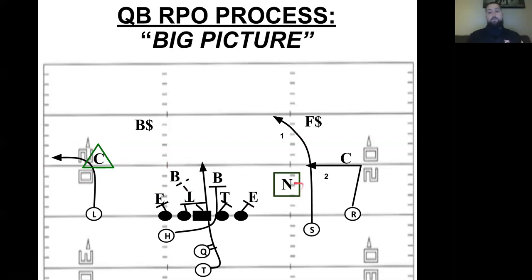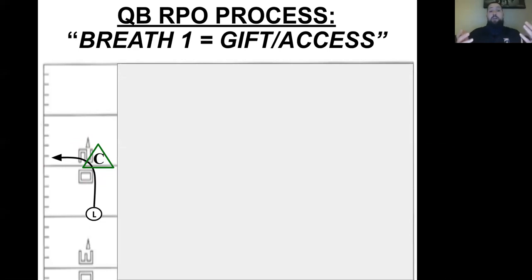Here's our run frame. Here's our read, right? This is a lot to look at. So we take the big picture and we break it down with the process. Okay. Breath one. This corner is off. He's above 6 yards, and he's inside leverage. I think my guy can win. Nothing else matters. After breath one, I got access, ready, set, hut. Snap the ball, let's go to work.